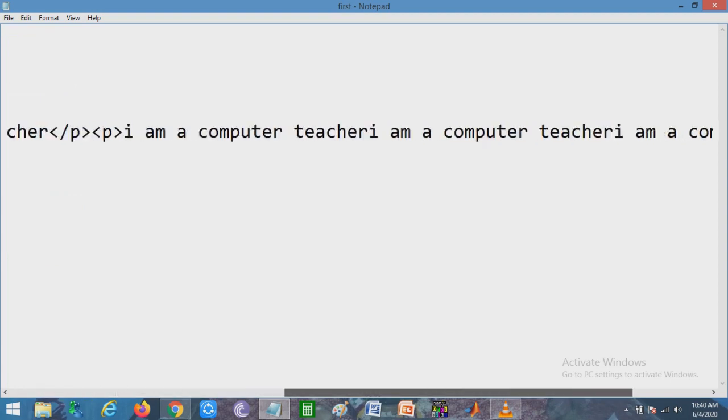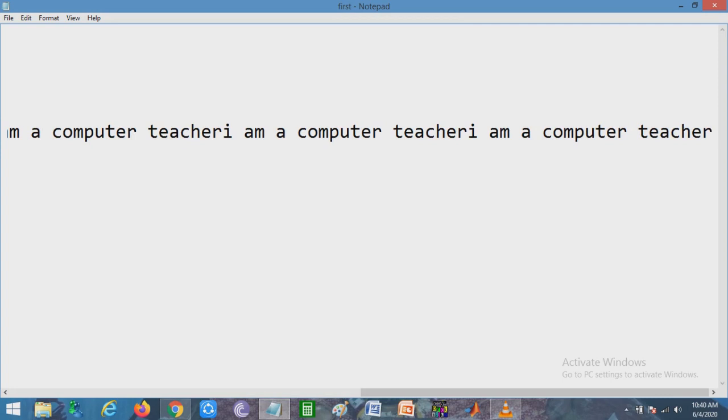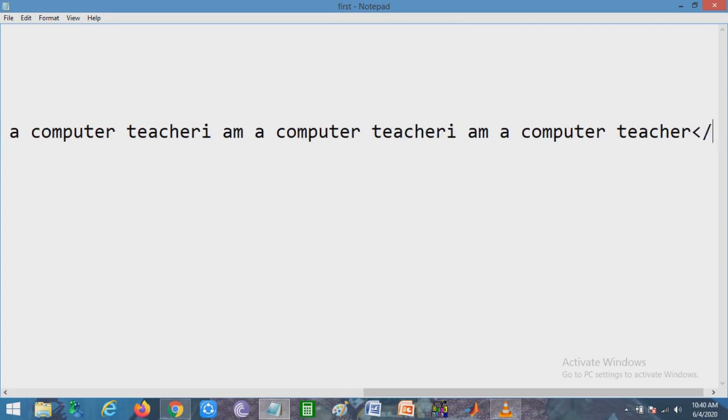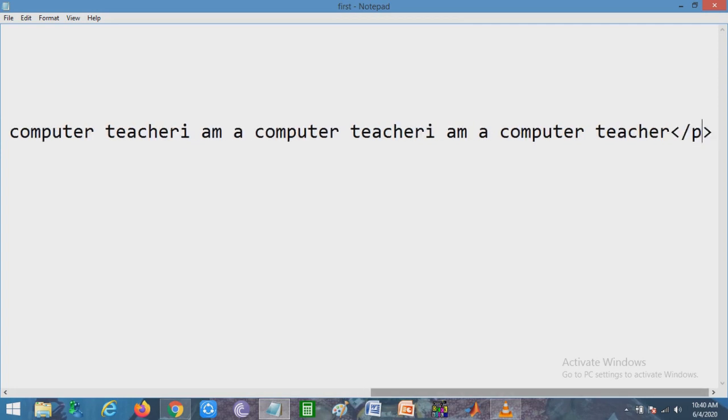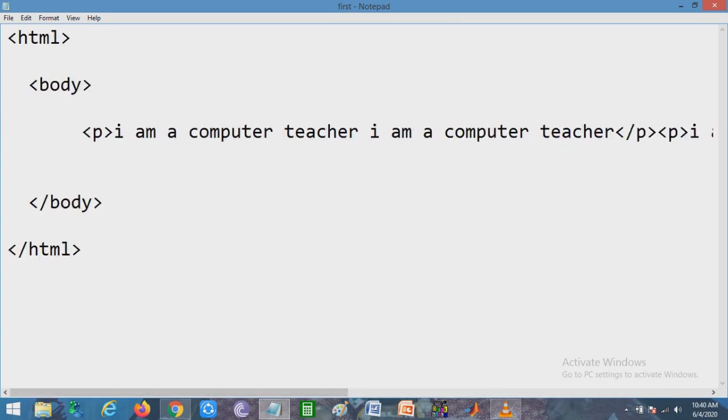You have to mention the end of the paragraph using /p. If you want to convert the entire sentences or document into a few paragraphs, you have to mention p in between all these lines. So if I save this and run it on the browser, it looks like that.